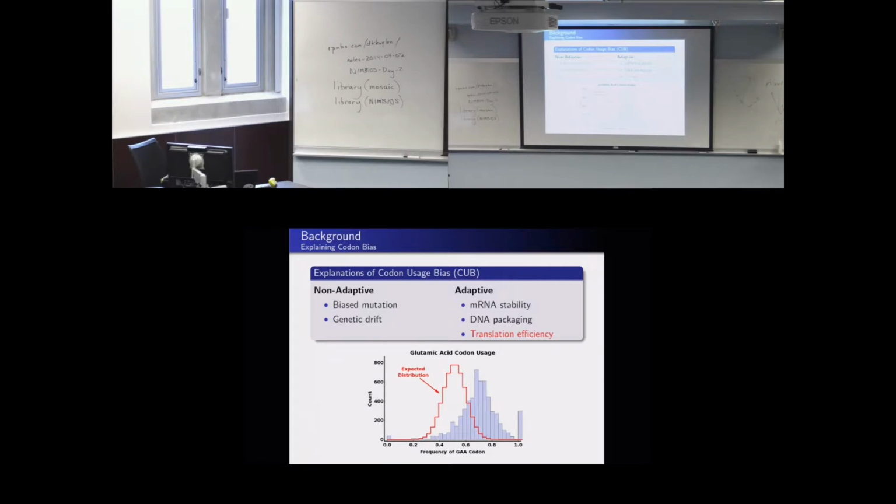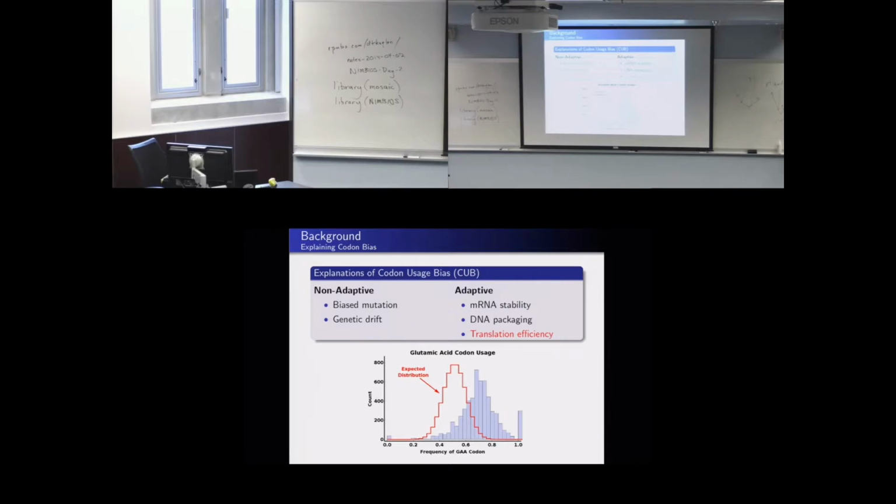Choosing different codons leads to different levels of mRNA stability, and mRNA stability can affect a number of different things, such as initiation of translation or the half-life of the mRNA. Packaging of the DNA itself can be affected by this. We're going to focus, though, on thinking about the efficiency of protein translation, because what we find is